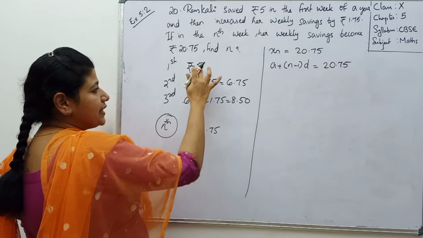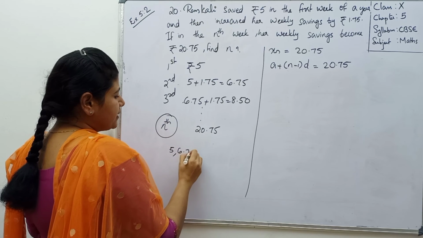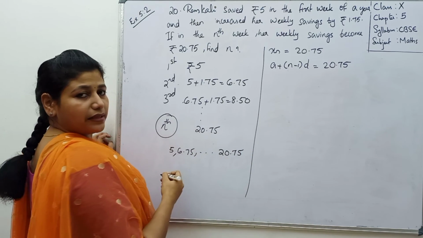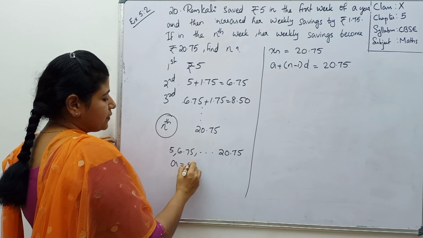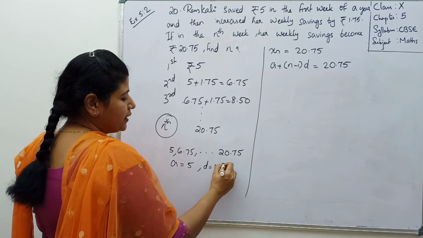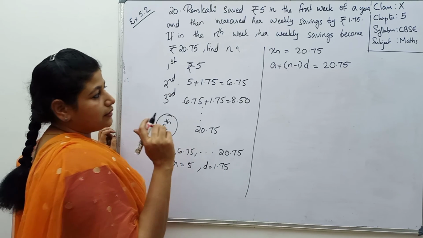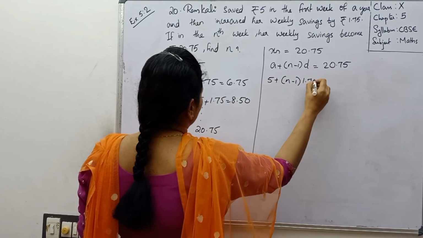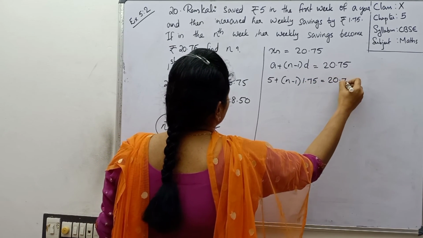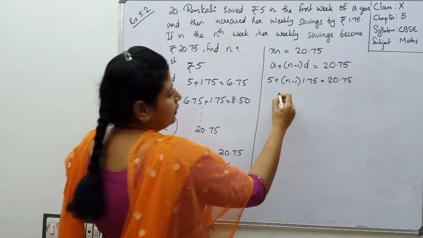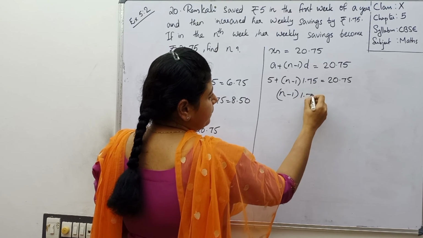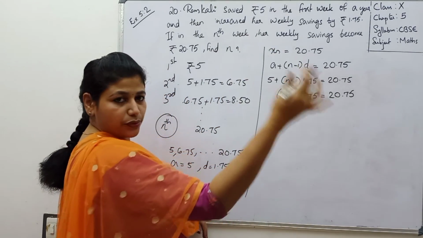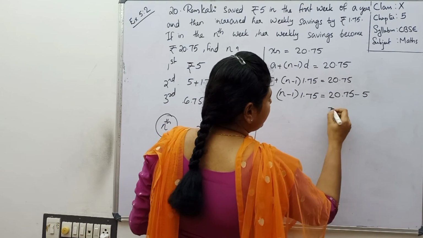20.75. So consider this 5, 6.75, etc. 20.75 as an arithmetic progression. And consider a as 5 and d as 1.75. Substitute all the values in this. We can write 5 plus n minus 1 into 1.75 equal 20.75. Okay, that is n minus 1 into 1.75 equal 20.75. I'm taking this 5 to that side. So minus 5 equal